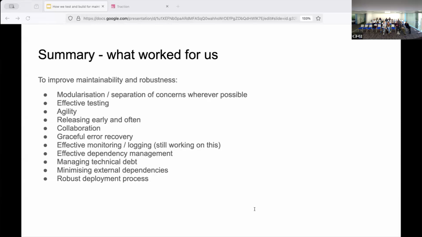We try to minimize our external dependencies, only using ones that are necessary. Large amounts of external dependencies can increase maintenance costs. And if you do use them, make sure they're actively maintained. So for example,